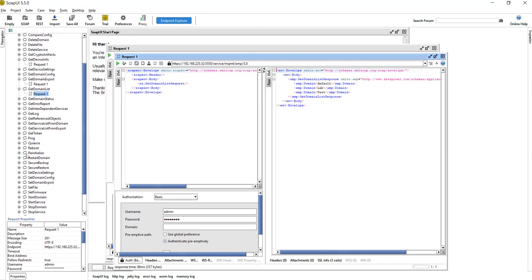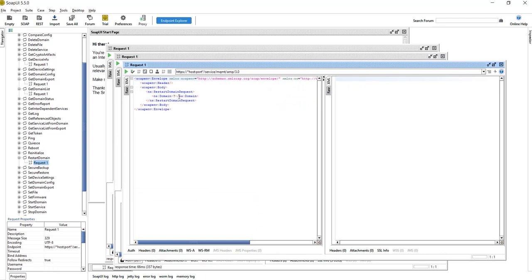how we can restart a domain. If you want to restart a particular domain, or if you want to reboot, okay, I'll show you how we can restart a domain from here. Okay, let's see. If you want to restart the domain lab.